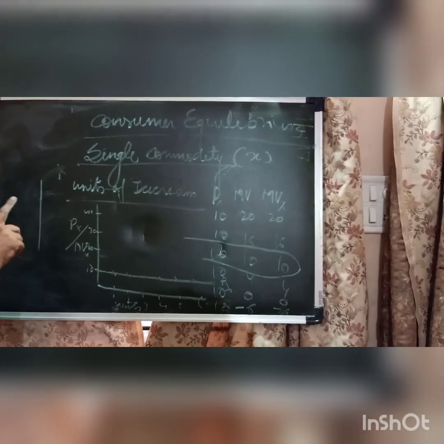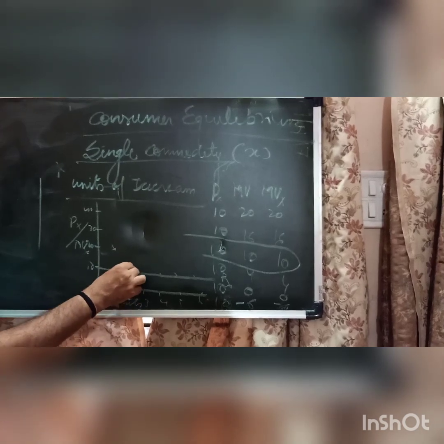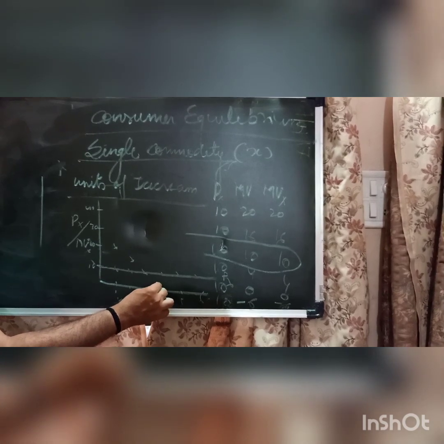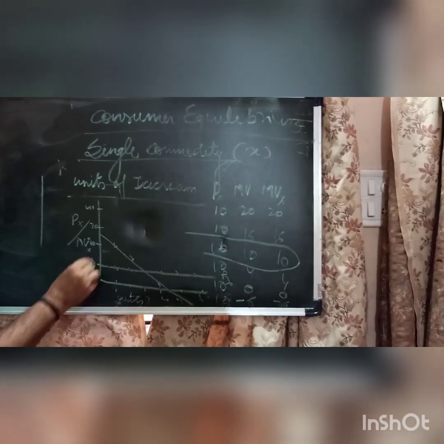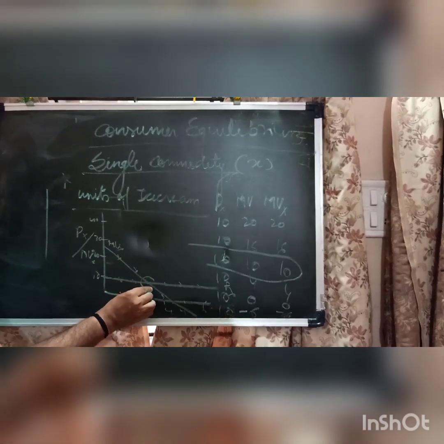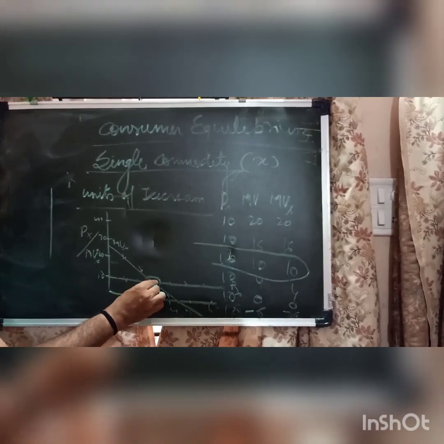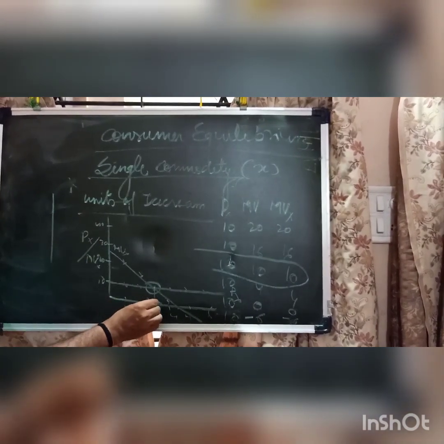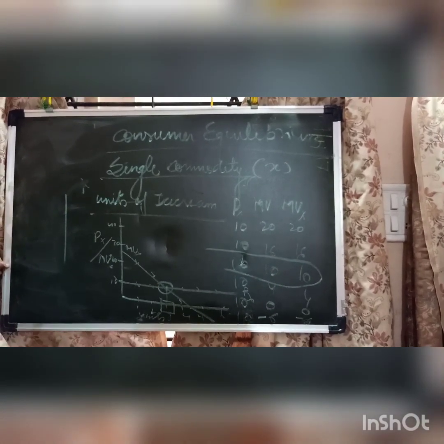अब हम MUX बनाएंगे. फर्स्ट यूनिट पे MUX था 20, सेकेंड यूनिट पे 16, थर्ड यूनिट पे 10, फोर्थ यूनिट पे 4 and it goes to minus 6. ये हमारा MUX है. Now see where MUX and PX are getting equal. They are getting equal at this point. And at this point, what is the number of units? 3. It means consumer equilibrium we can get when we will consume 3 ice creams. Understood?